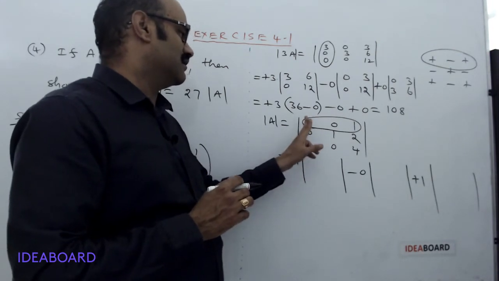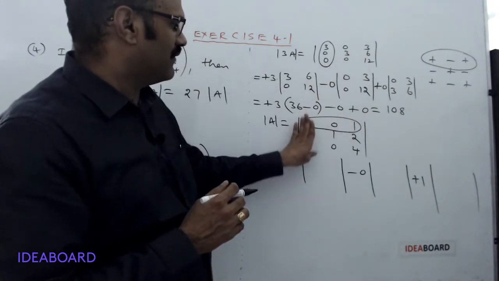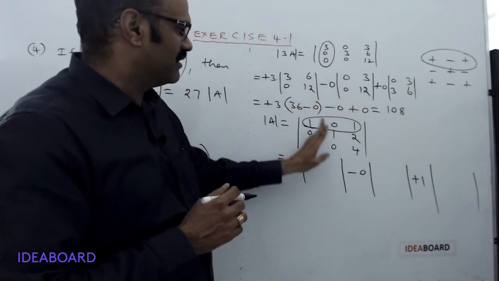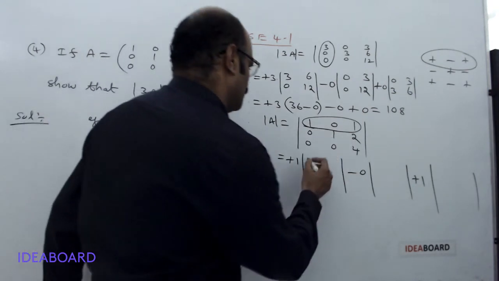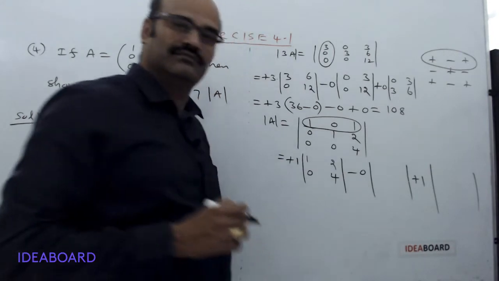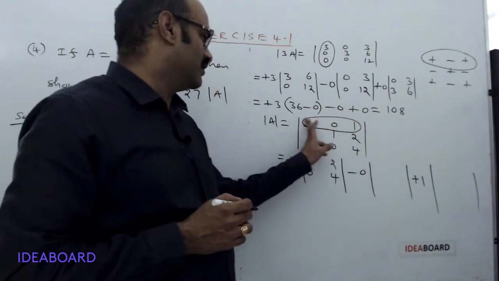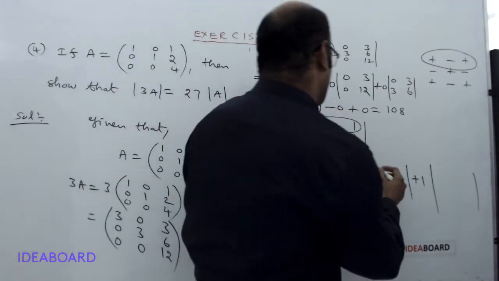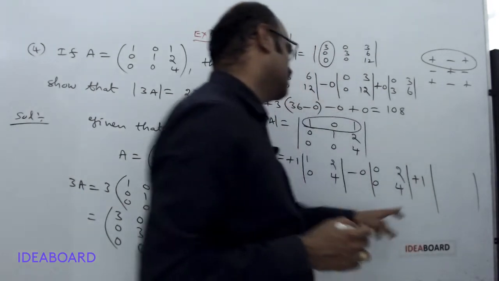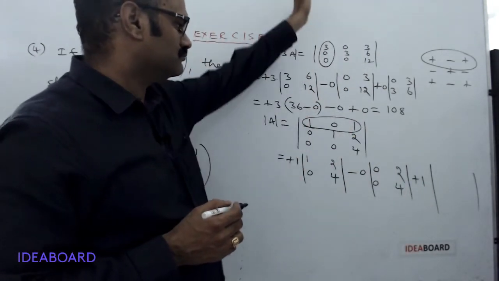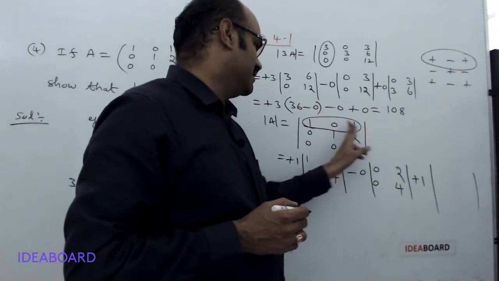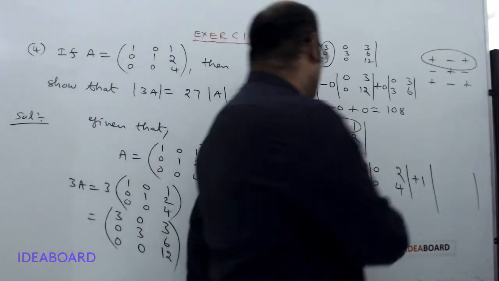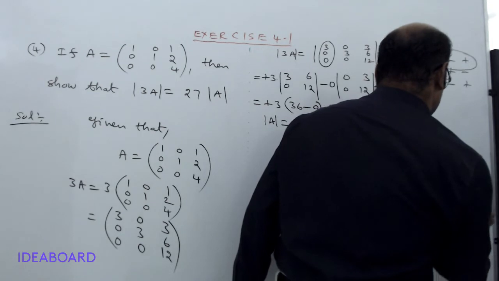The minor of 1 is the element 1 lies in first row and first column. So by deleting first row and first column we will have the 4 elements. They are 1 2 0 4. Minus 0, minor of 0, we have to remove the first row and second column. Then the remaining 4 elements we have 0 2 0 4. Now plus 1 into the element 1 lies in first row and third column. So we have to delete first row and third column. The remaining 4 elements we have 0, 1, 0, 0.